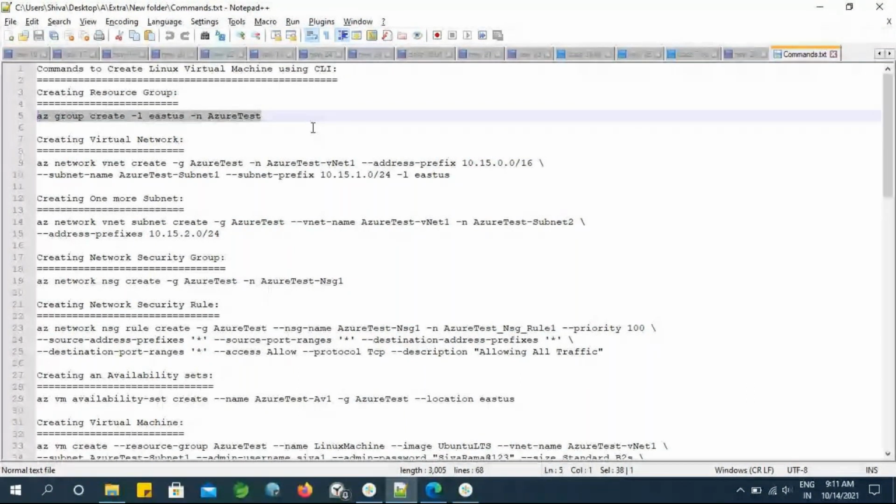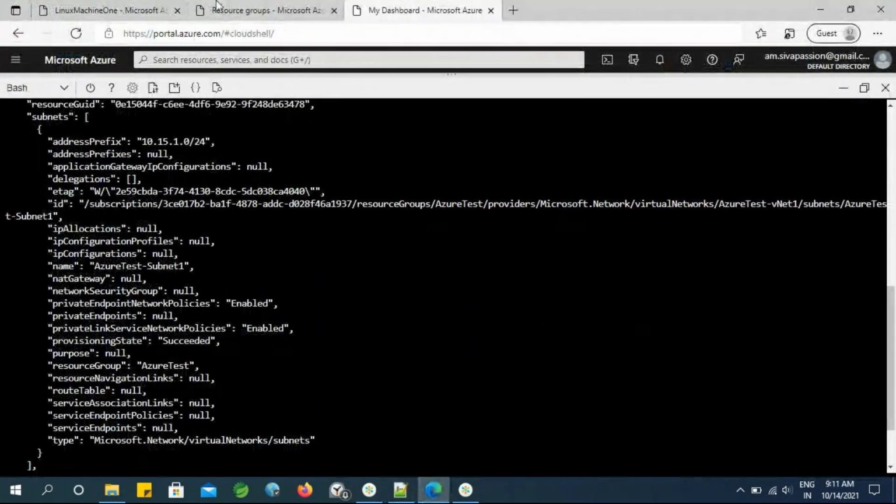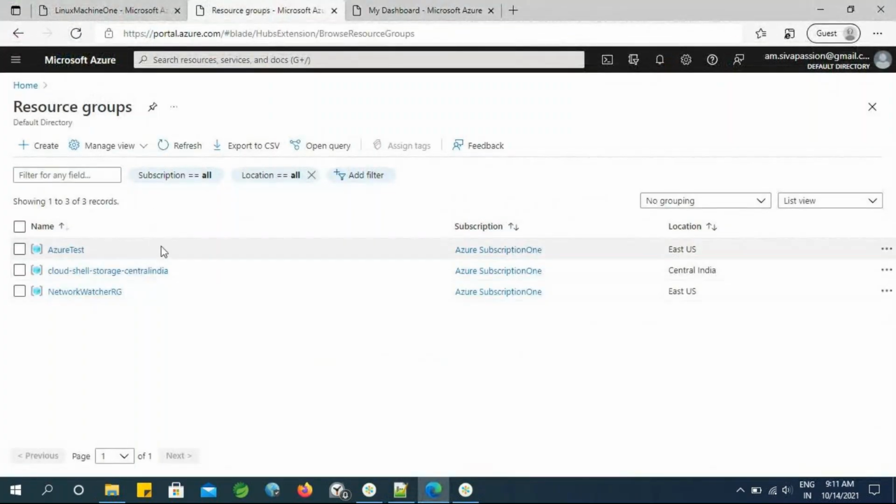Okay, do you have any resource group with Azure test or not? If you are having, basically, right, it won't create. If you don't have, then only it is trying to create here. Okay, so already it has created some resource group with Azure test. Okay,